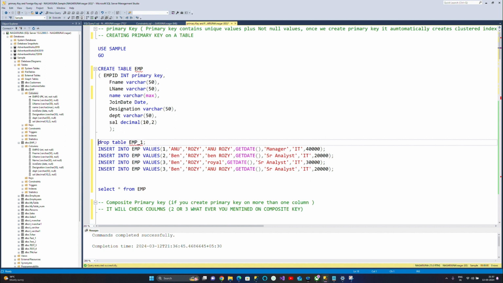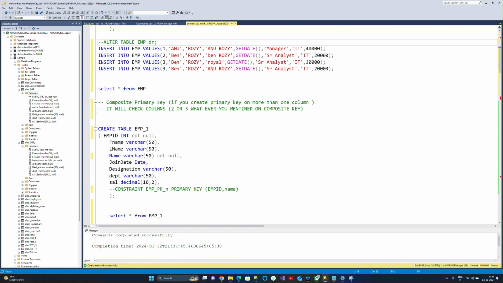Just check here: alter table EMP drop primary key. No, that is the only one way. Okay, it may be different, I think. That's it, guys, I hope you understand how to create a primary key, a composite primary key, and